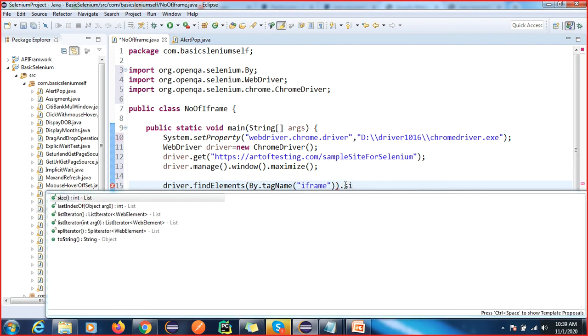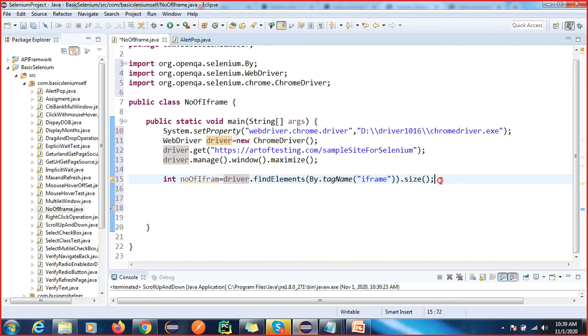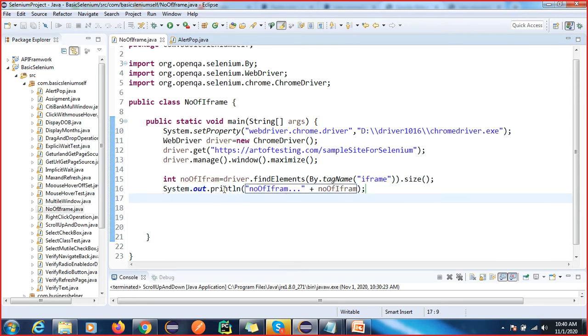The return type of size is int, so I will give this return type int, the number of iframes. Now we can find the number of iframes which are available on this page.